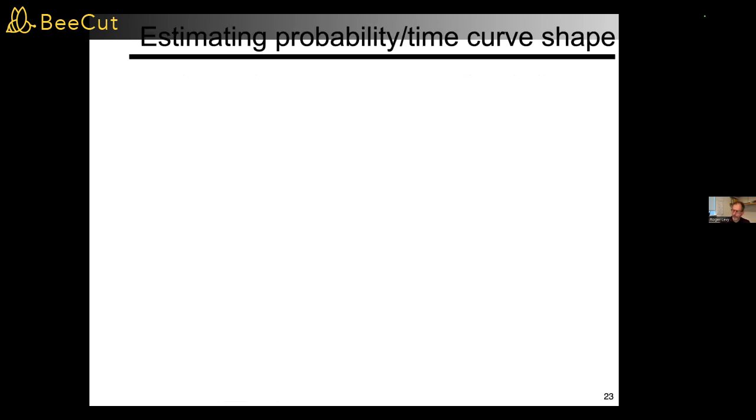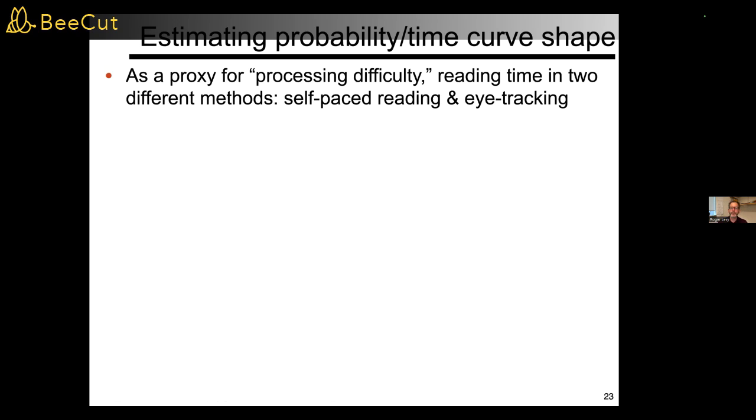And in work that's now over a decade old, we demonstrated the first quantitative relationship between probability and a really independently justifiable measure of processing difficulty, reading times. The idea is we take reading times in different domains, with different kinds of methods, for example, self-paced reading, which is a more artificial method that's been used for many decades, and eye tracking, which is a more naturalistic method. You just use an infrared camera to monitor eye movements as people read.